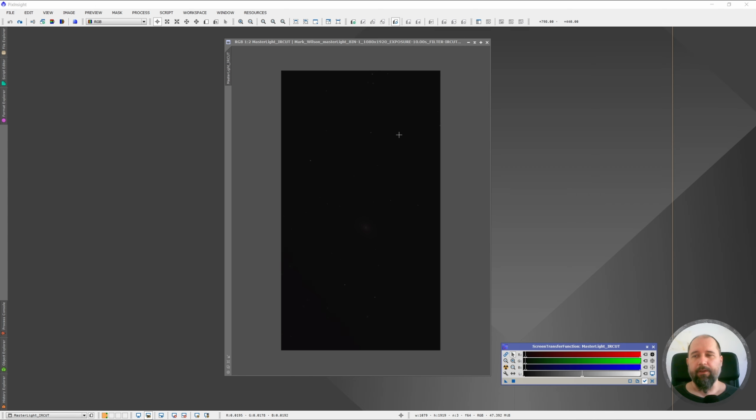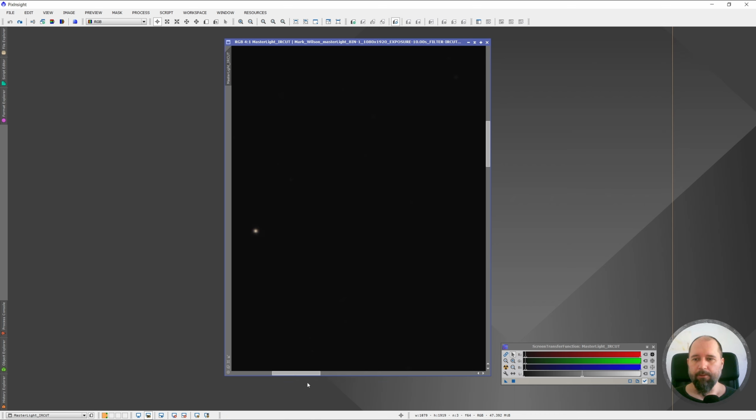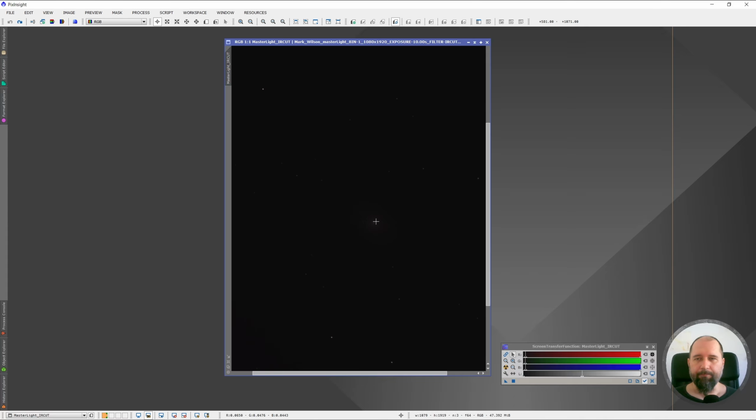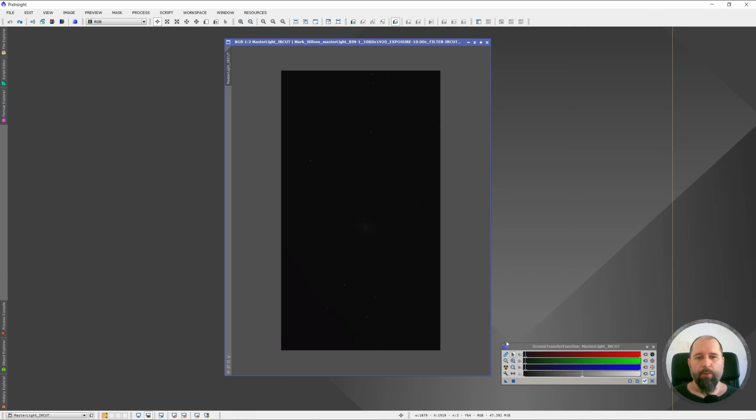it actually looks like this. This is a linear image and they all look like black images with some points on the image. And that's completely normal. When you use this tool,